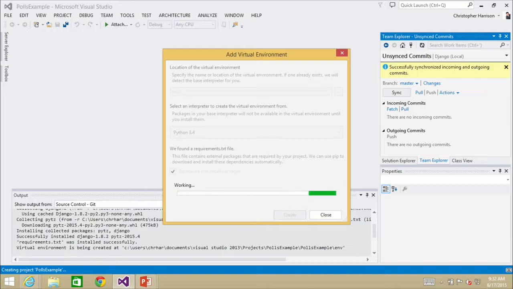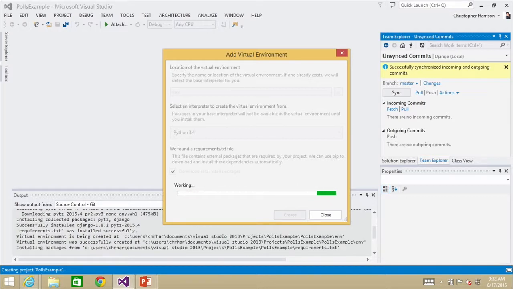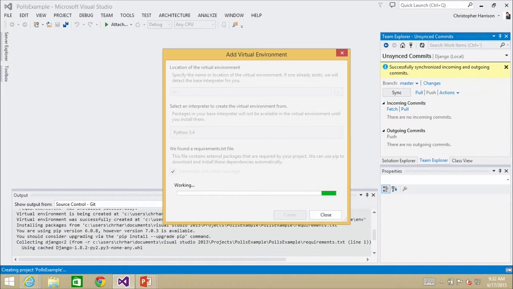So if you decide that you want to upgrade a version of a particular add-on or package for one project, but maybe not for another, this gives you that capability. This gives you that flexibility. So I'm just going to let this create its own separate little environment, and then that way everything, like we said, is going to be separate.